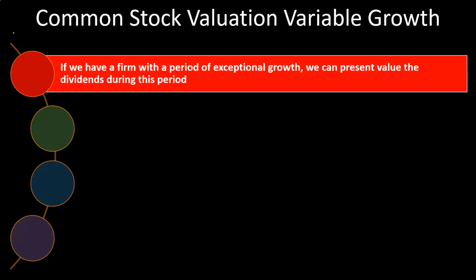So then we have the common stock valuation. What about a situation where we have the variable growth? This is going to be the most complex type of situation. We're going to say now we've got dividends. We're imagining the dividends go out forever, but we have this hyper growth period. We're imagining the dividends are going to go up at a higher rate for some portion of time, and we're saying we can't see that growth rate happening forever.